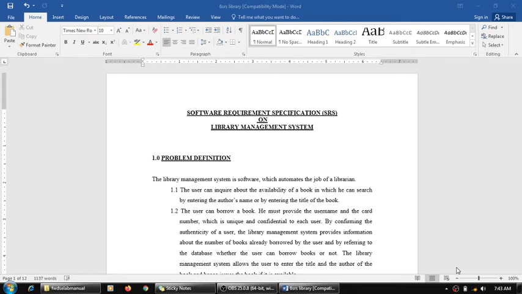Good morning, students. So we have completed the requirement engineering process. Now we are going to refer to an example of an SRS document, right? So SRS, we know, is the software requirement specification document, which is a deliverable of the requirement phase, right? And it has a specific template according to which we are supposed to develop it.